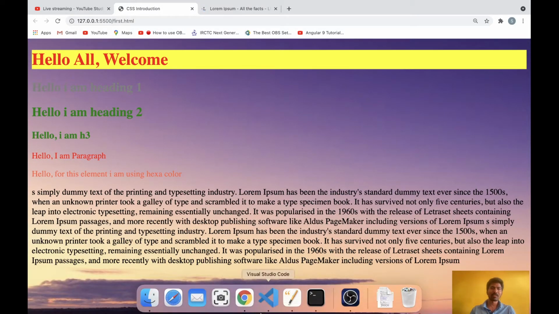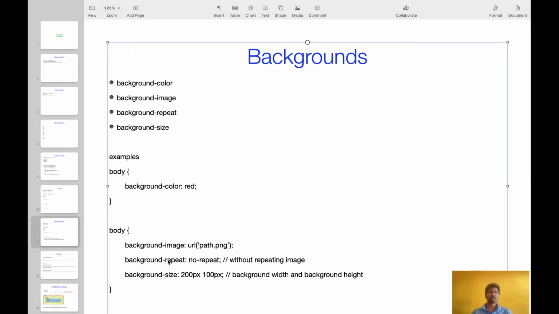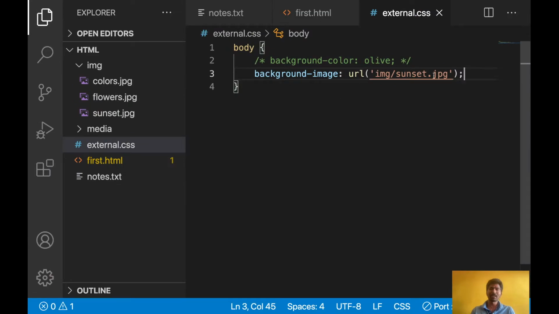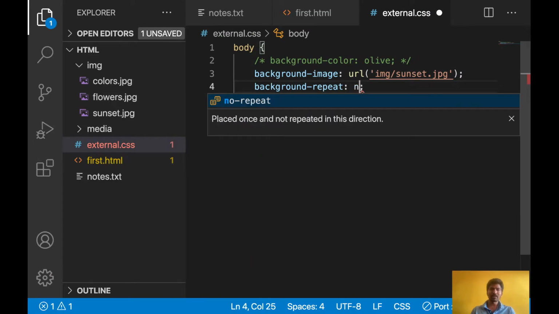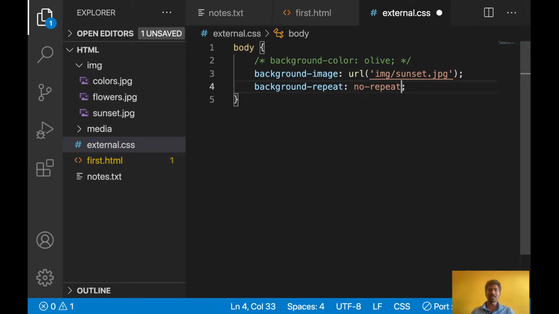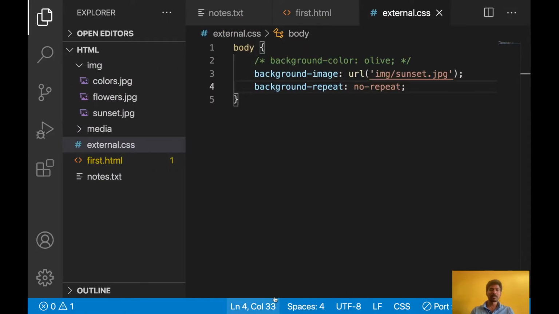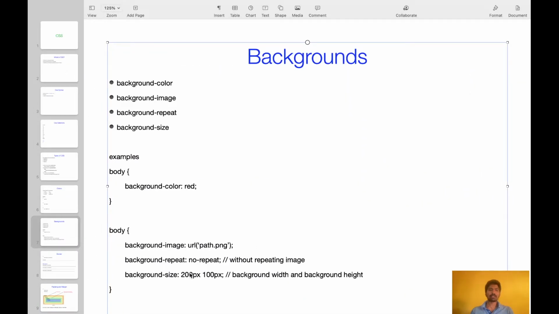Okay, so there are two more supporting properties. Background repeat, no repeat: if a small image is there, it will repeat actually. So for without repeating, we can apply here background repeat, no repeat, means it will not repeat. And another supporting property is background size.